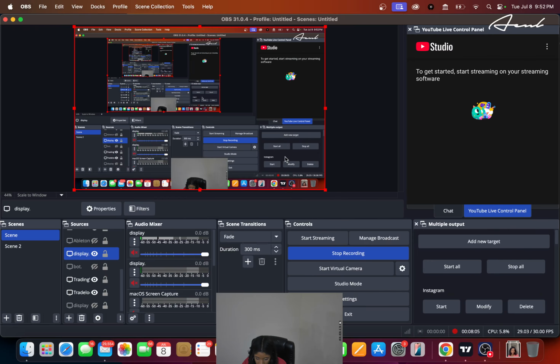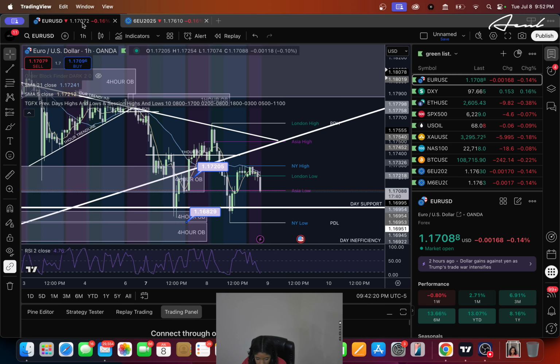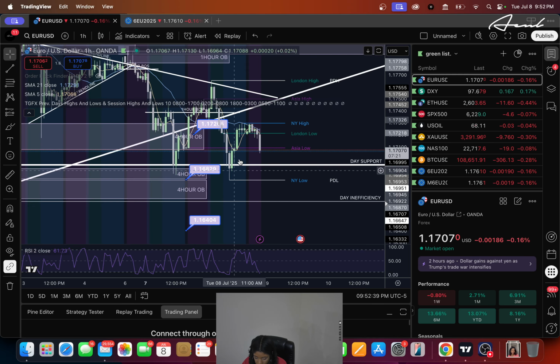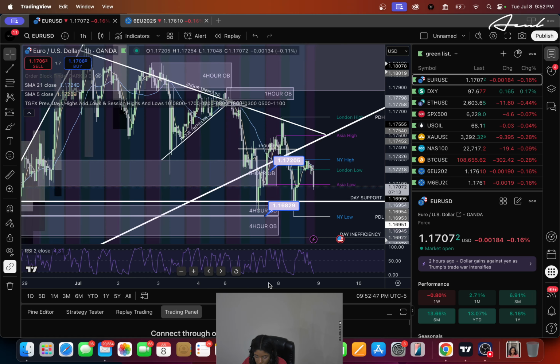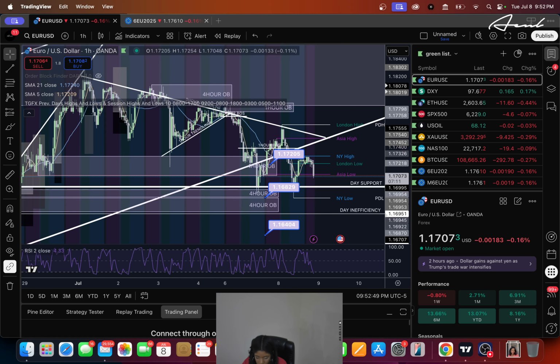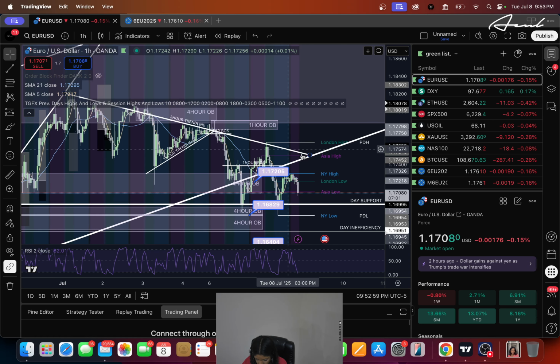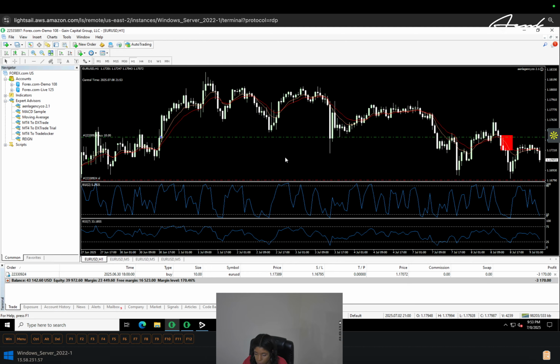If we look at the chart here, we're headed down into that day support line, going to retest that. If I zoom out, you can also see the RSI on the 2-day is oversold. So maybe we'll get another push above, hopefully, the London high. And definitely this time, if it doesn't continue to break out, then I'll probably be looking to move the trade to break even, or close it out.